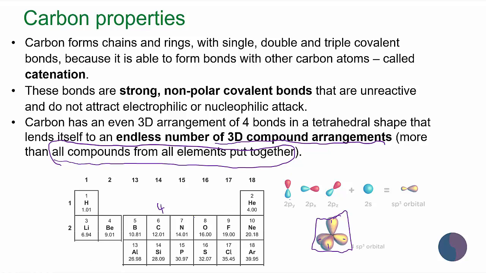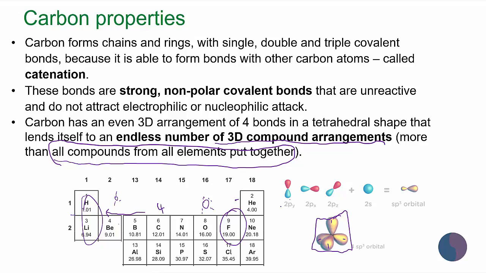Now, the other elements here, these guys are too small, so they often only form 2 or 3 bonds just because of steric hindrance. They're so small, the other bonds can't get in that far and get too close to each other. And these guys have electron structures that lend themselves, because of two full pairs, to often forming 2 bonds or a double bond or something like that. They just want to gain 1 electron, and these guys just want to lose 1 electron.